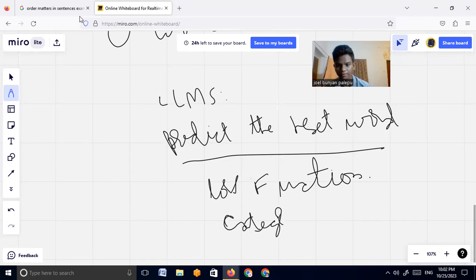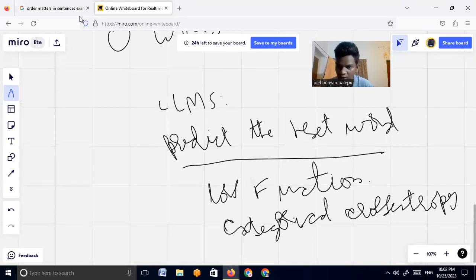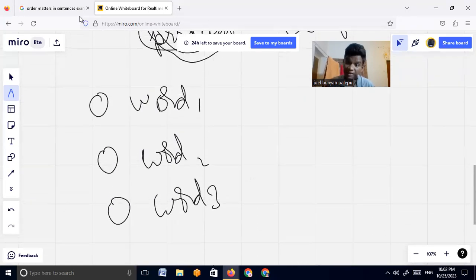categorical cross entropy for every LLM. So basically, categorical cross entropy is that if the correct word is predicted, then higher reward or lesser loss. If the correct word is not predicted, then higher loss. Simple, right? That is the thing, for every LLM. So therefore, if we use a neural network for training an LLM, this is what's going to